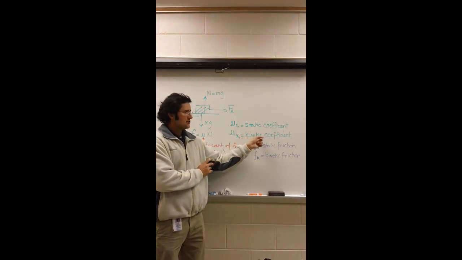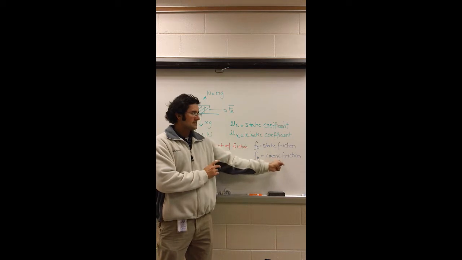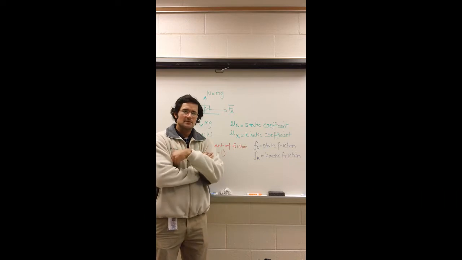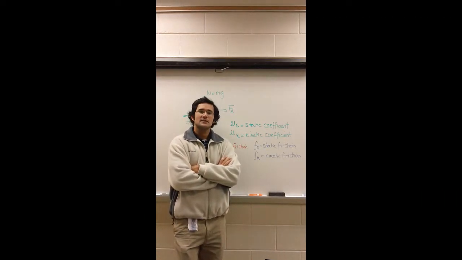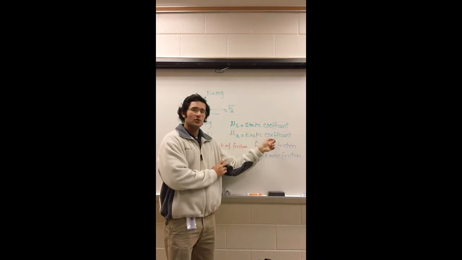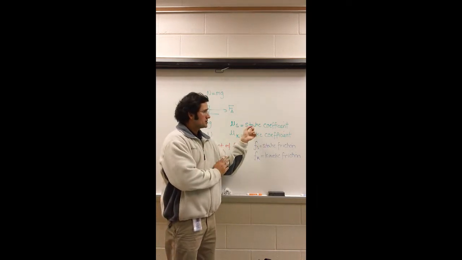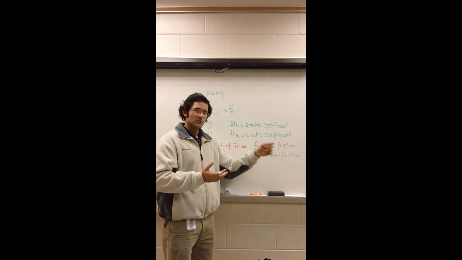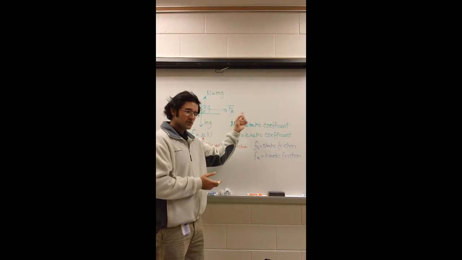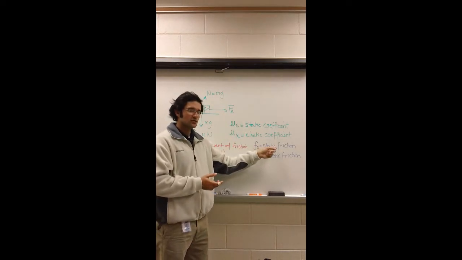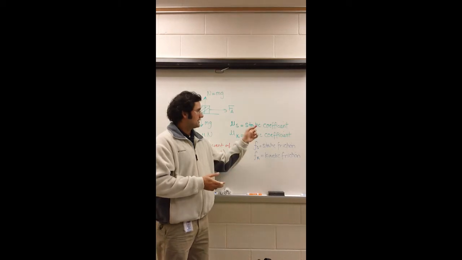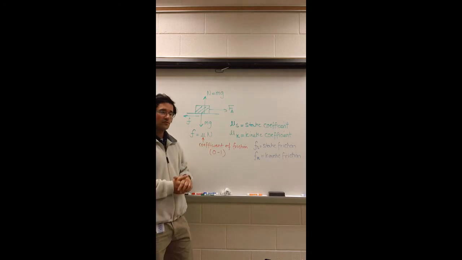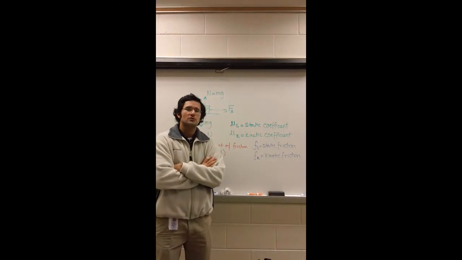And the kinetic coefficient of friction is used when you're calculating the kinetic frictional force, and that is used when the object is sliding on the surface, and that's why it's sometimes referred to as sliding friction, or the sliding frictional force, or the sliding coefficient of friction. But when the object's at rest, you refer to it as static frictional force, which is what's fighting against you when you start pulling on it. So in this case, if you're pulling to the right and the object doesn't move, then the static frictional force is preventing you from moving. And there's a static coefficient of friction that you have to take into account to calculate that static frictional force. And remember, the frictional force always opposes motion.